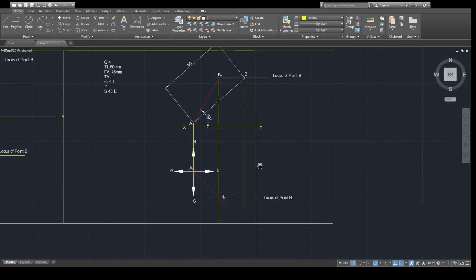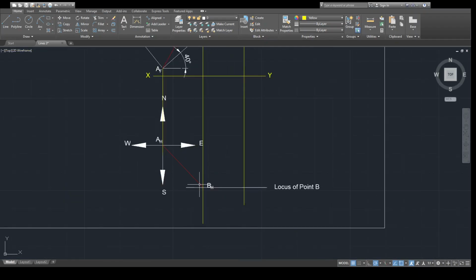The only difference here is that, so far what we have solved is the same problem, but instead of beta we are using the convention as bearing, S45E, south to east 45 degrees. Suppose east to south 30 degrees is given, then you need to draw a line that is east to south 30 degrees. So this angle you need to measure. That is the only difference. There is a lot of extra part here, that I will remove.